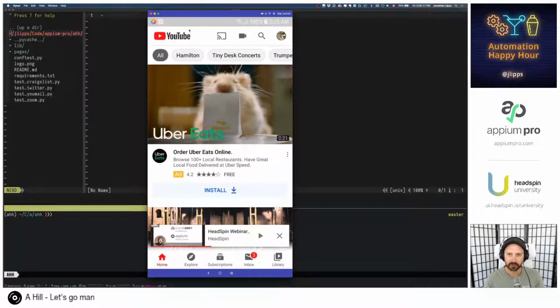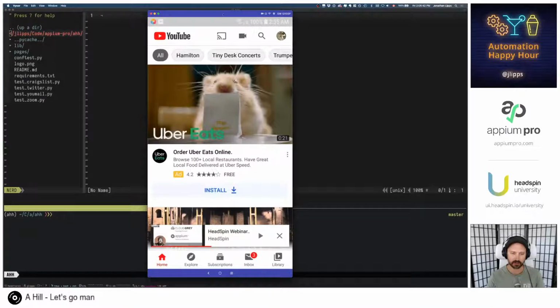So what do we want to do with YouTube? First, I guess we want to figure out if we can launch it with Appium. Shouldn't be too difficult. Then I was thinking we could go through a basic search. Maybe we search for videos related to Appium. Maybe we tap one of them, make sure that we can play and pause the video. I'm not sure we'll get to anything beyond that. Maybe we won't even get to that. We'll see.